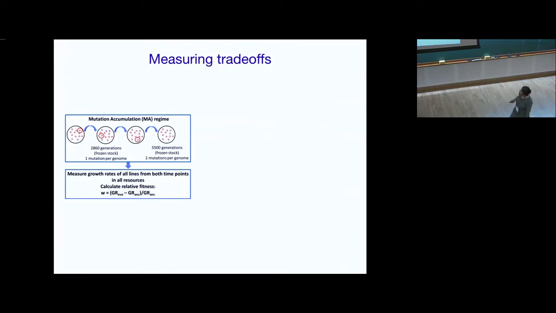And then you can measure growth rates of all of these lines from all these different time points on a battery of resources. All these populations evolved in very rich medium, LB. And we can ask then, as they evolved under minimum selection, because it's rich medium, with severe bottlenecks every few generations, how did their fitness change when they accumulated a random set of mutations? We can then plot for each pair of resources on which we measure fitness. All of these data points are the impact for each replicate that we have, right? So we have 38 replicate lines times 3 time points.